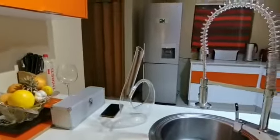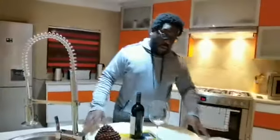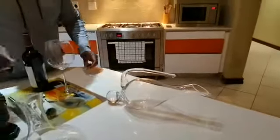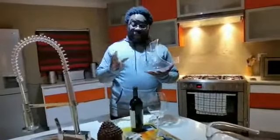And this is my traditional decanter that I love very much. I've been having this for quite a number of years. It works perfect for me. It's classical. It works for me. A little bit heavy. And the new baby of the house, I got this from a very special friend